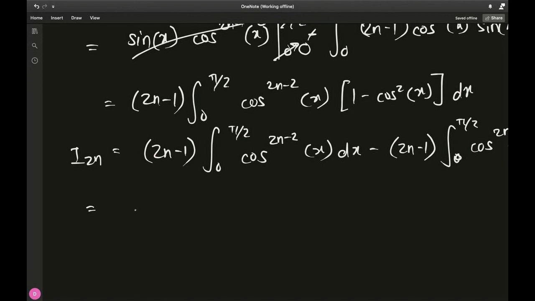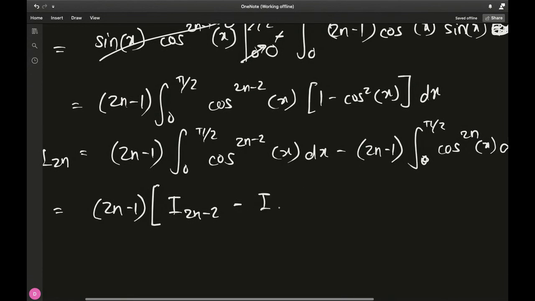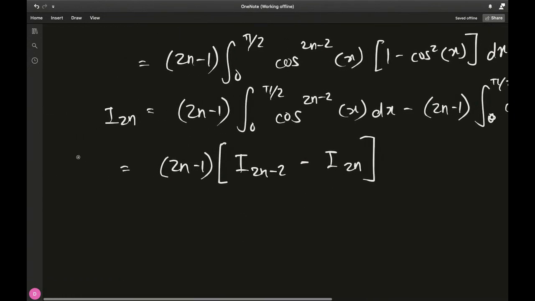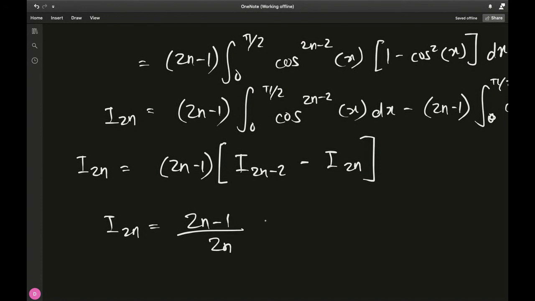So we have, take 2n minus 1 common. This can be represented as I sub 2n minus 2 minus I sub 2n. That's I sub 2n over there. So we can take the I sub 2n terms on one side. So we have I sub 2n will equal, basic algebra, and you'll get 2n minus 1 over 2n times I sub 2n minus 2, and we can recursively keep doing this,